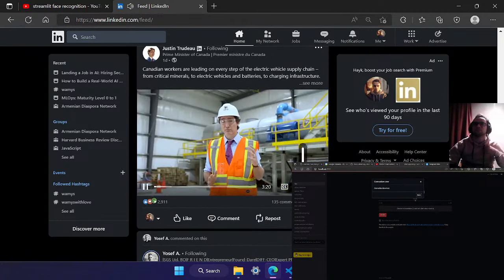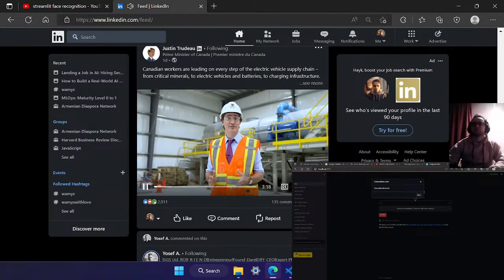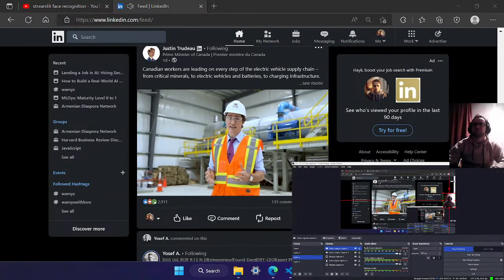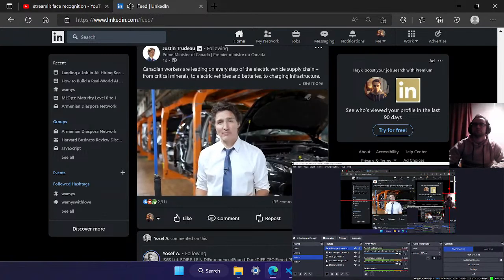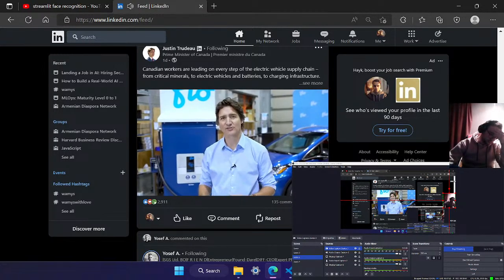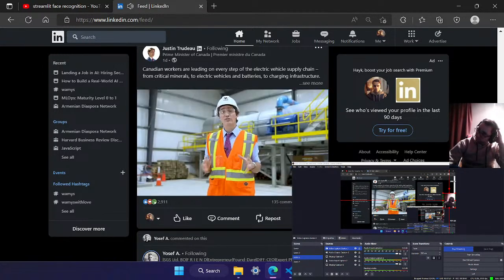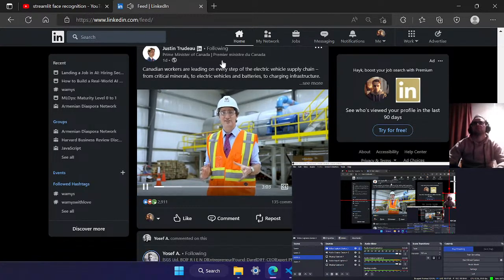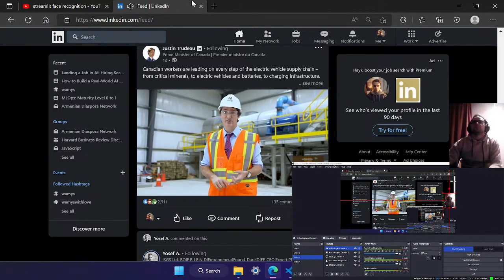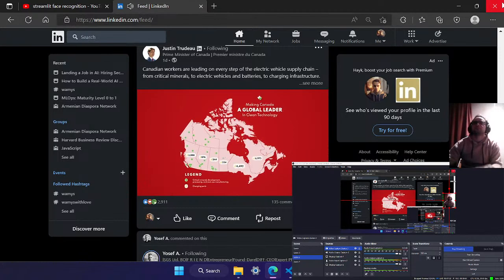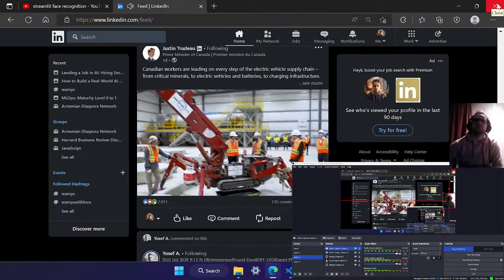In Shawinigan, at a processing facility for critical minerals used in clean tech like electric vehicle batteries. At a manufacturing plant where they're making hybrids, but where they'll soon be making fully electric vehicles too. At a factory where they make electric vehicle charging stations. The world is moving towards zero-emission vehicles like electric cars, delivery vans, and buses. That's why we're building up a supply chain that goes from the development of critical minerals to the